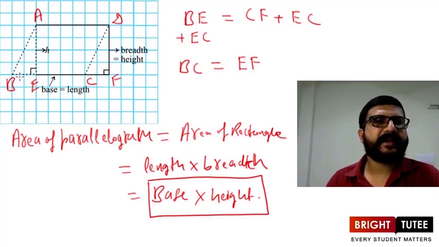Corresponding height means here we have considered BC as a base. So the height will be the perpendicular drop from the opposite vertex on the BC, and that is AE here in this case, which is H. Here AE is the height, because AE is the perpendicular drop from the vertex A on the opposite side BC. So corresponding to the base BC, height is AE. So we have just seen area of a parallelogram is equal to base into corresponding height.